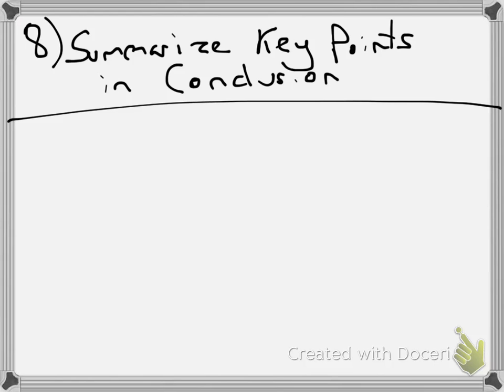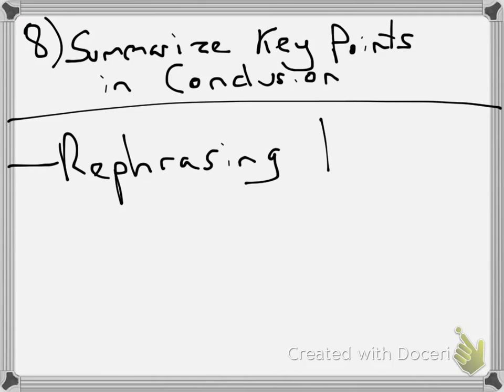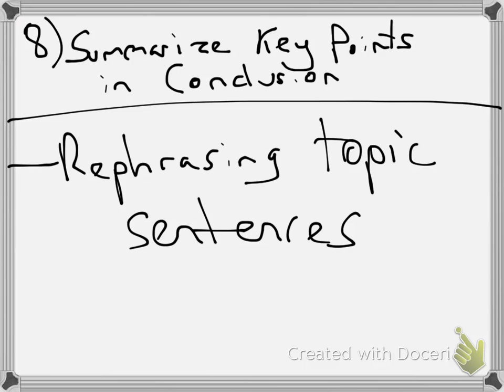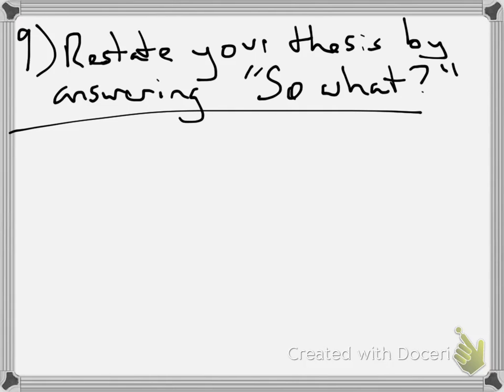Next up, while we're into our conclusion, so intro, body, now we're into conclusion, you need to summarize key points. So it's rephrasing your key ideas. Look at your topic sentences to decide how you're going to do this. And that leads into restating your thesis by answering so what. If I only read your conclusion, what's so important about your paper? So what that you can, as football teaches you life lessons through forcing players to focus and hard work,